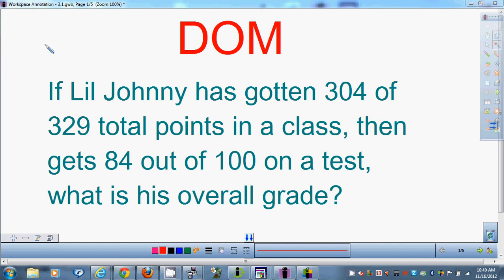Good. Do you know how to do this? Good. You should have added 84 to your numerator, 100 to your denominator, and divided it. Later, when you do that on your own grade,